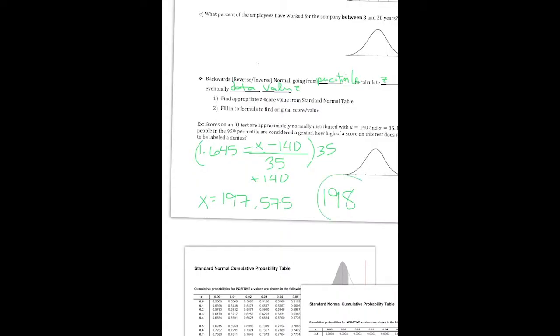That means in order to score in the 95th percentile on this test, you would have to score a 197.575, which would really be a 198. If you scored a 197, you would fall just below the 95th percentile. If you scored a 198, you would fall just above the 95th percentile. So the score on the test that we need is a 198. All right, that takes us through all of our normal distribution. You need to know everything from this in order to move on and do the more difficult concept